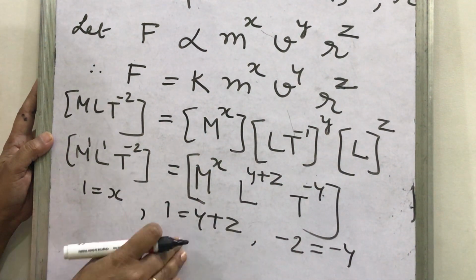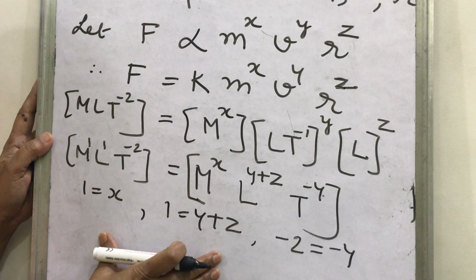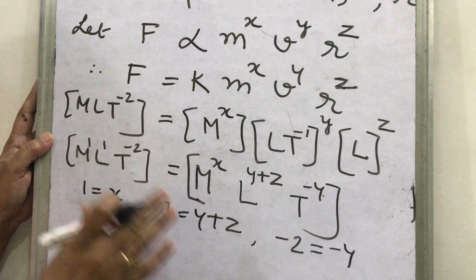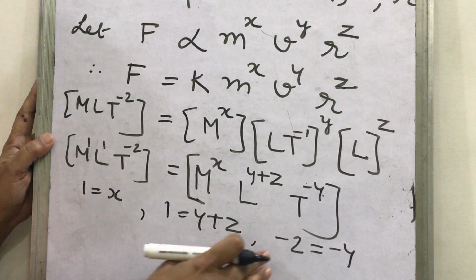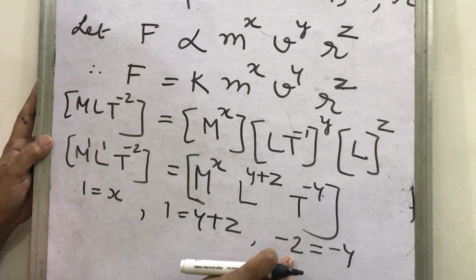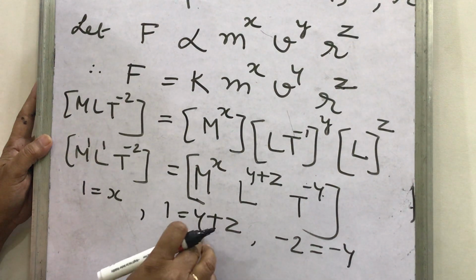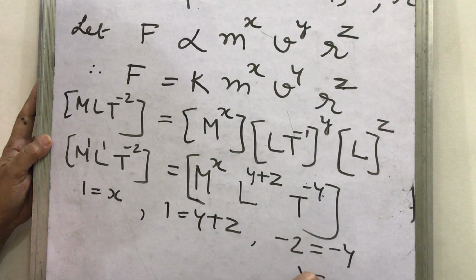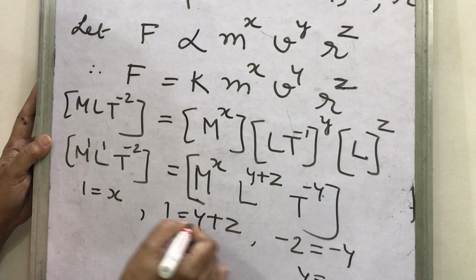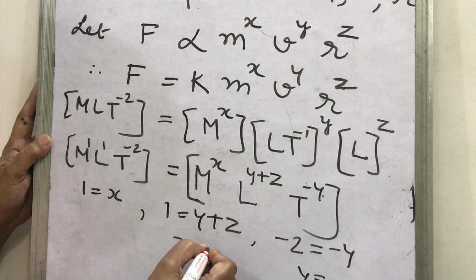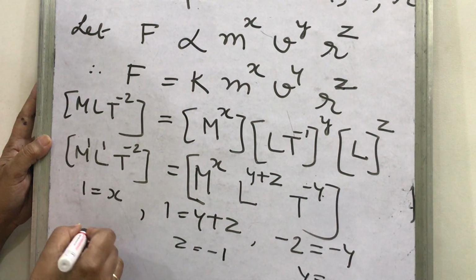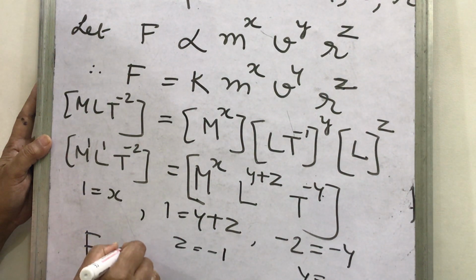Likewise. Now again, in physics you should know how to solve these equations. That is, some mathematical tips you should always know. So this minus minus will be cancelled. Then what is y? y is 2. Will it be or not? So if y is 2, put y equal to 2 in this equation. What will you get? z equal to 1 minus 2. So it will be minus 1. And what is x? It is simply 1.